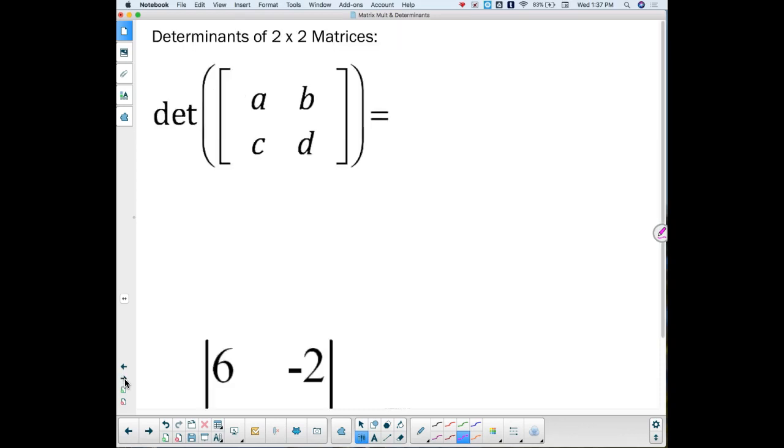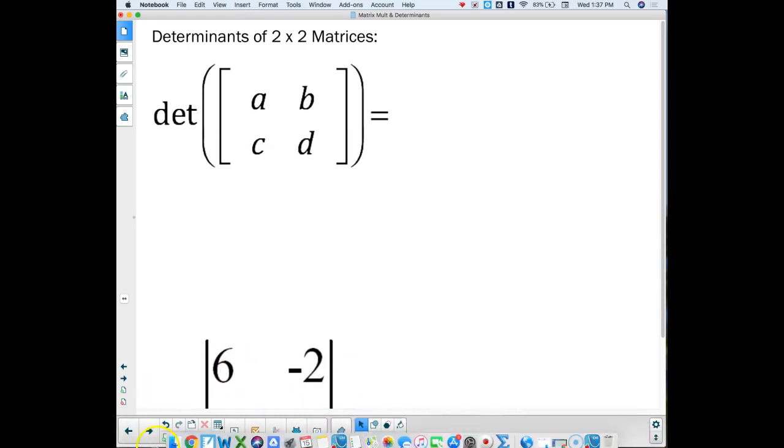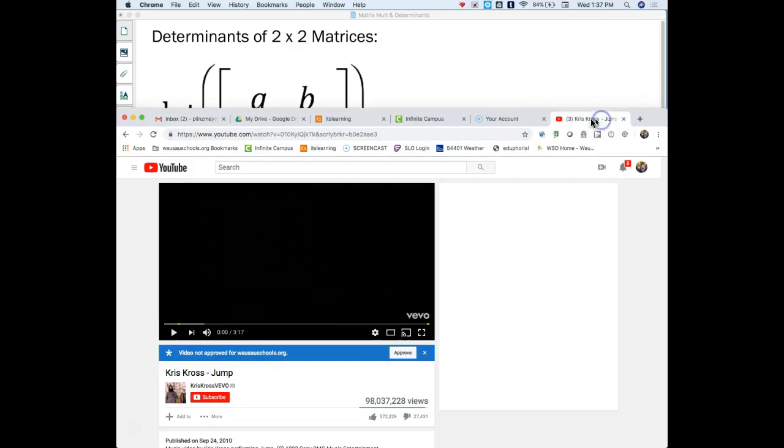So, 2 by 2, the easiest way to do a 2 by 2 matrix, or 2 by 2 determinant, is by hand. Okay? It's just simplest by hand. Okay? So what you're going to do is you're actually going to utilize something called the crisscross method, or downs by ups. So whenever I do this, I always like to go